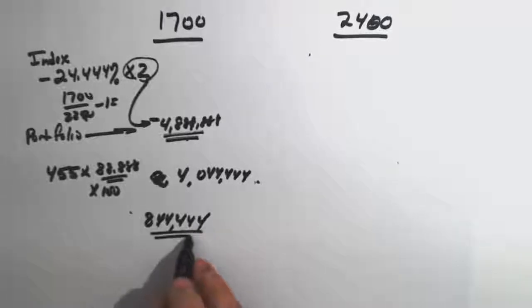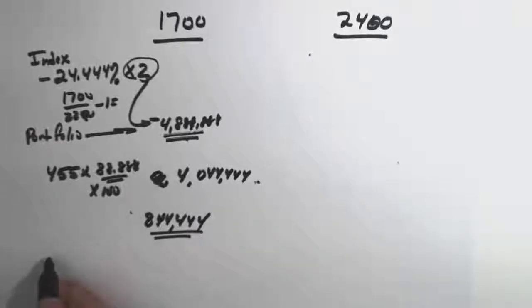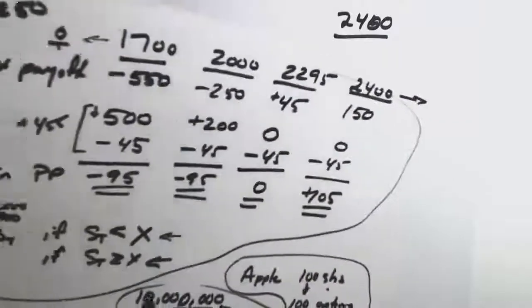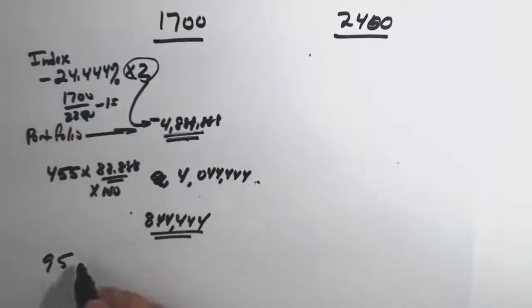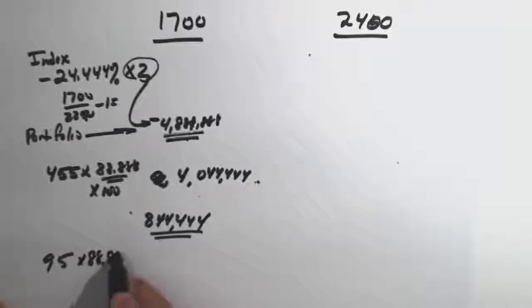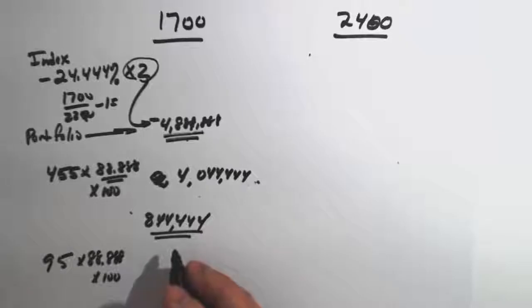Okay, that's the net difference, and so we can account for that net difference as being the $95 loss that we had. Remember the $95 loss on the position we had times the 88.888 contracts times 100, and that'll give us